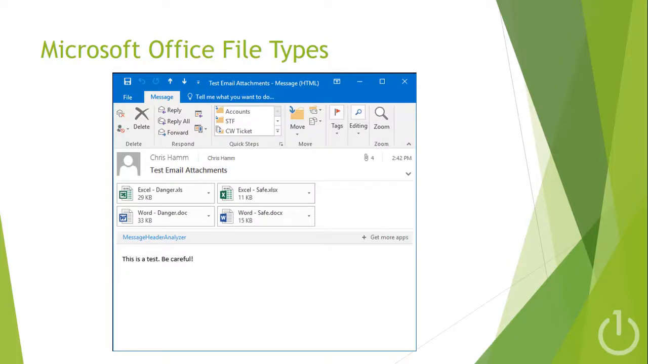So when we look at this in a real-world example, here's an email that comes in that has both the new and the old style of attachments. You'll see on the left those two attachments say .xls and .doc, versus the ones on the right that are the new formats with the X at the end. And you'll also notice the icons are a bit different. On the left you have an older style look to the icon, and the right is a bit